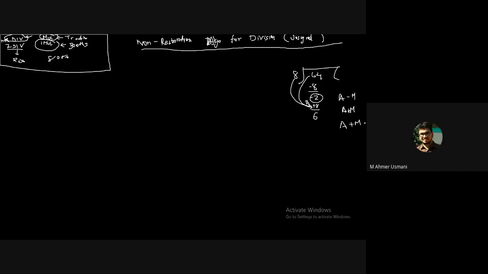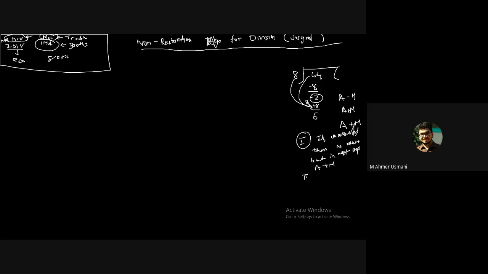Yes, sir. Okay. Yes, sir. So that step is done in that case. So what is the rule? The rule is, I'll just write it down in short. We'll take the algorithm थोड़ी देर के बाद. Just in short, if it is unsuccessful, then no restoration is required. Restoration करने की जरूरत नहीं है. Okay. But in next step क्या करना पड़ेगा? In next step what you need to do? Instead of a minus m, you need to do a plus m. In the next step, you need to do a plus m.